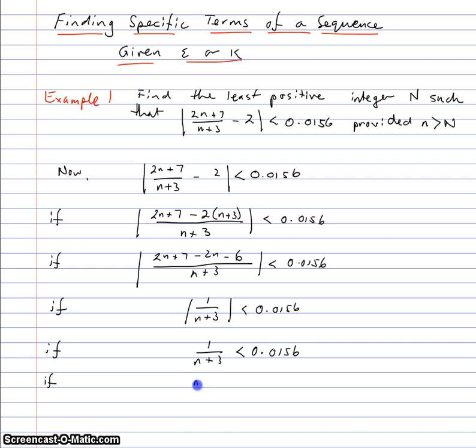If taking reciprocals, n plus 3 is greater than 1 over 0.0156. If n is greater than 1 over 0.0156 minus 3,